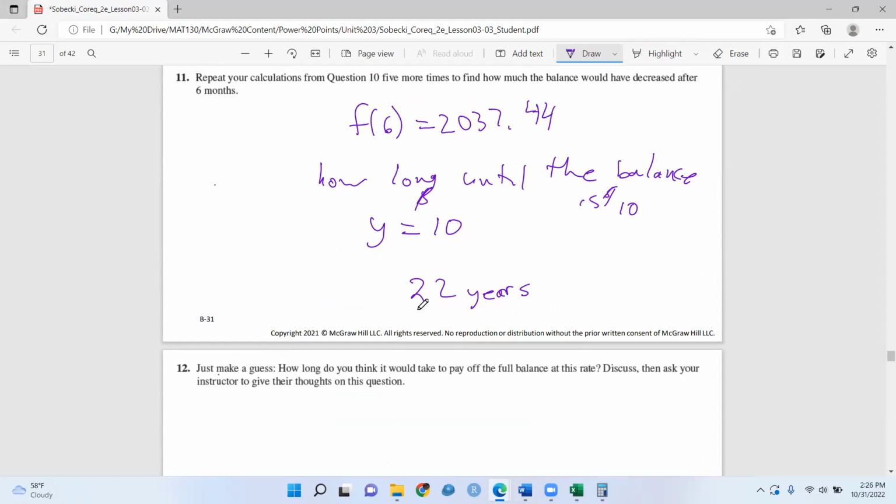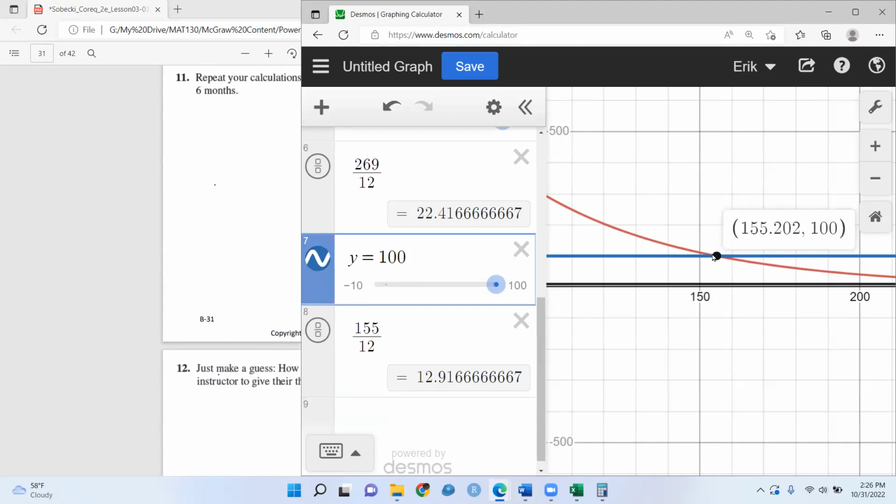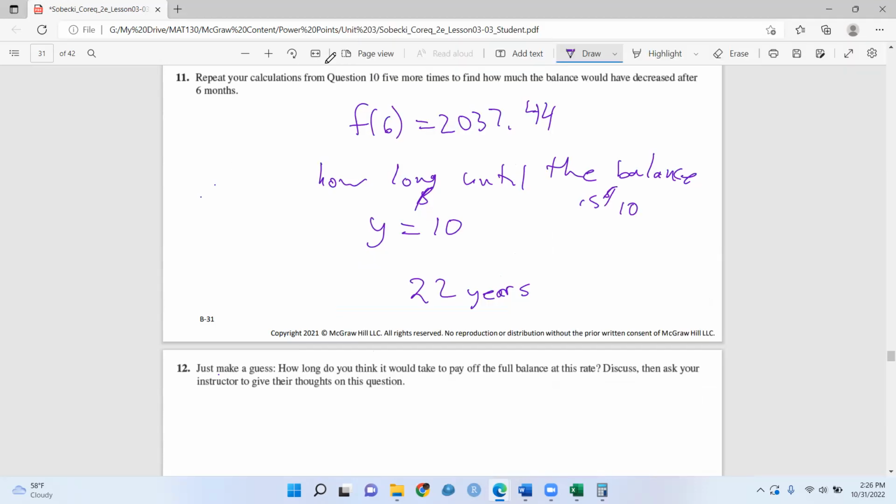And remember that the credit card company is making money off of each one of these payments, because a good portion of this is interest. Although once we get down here, you're paying more principal than interest. Okay,